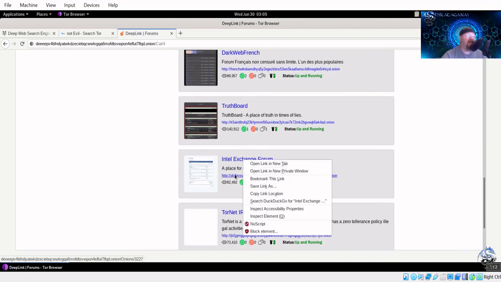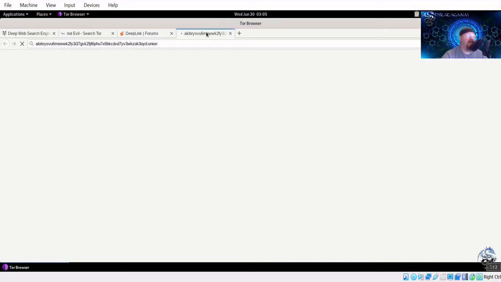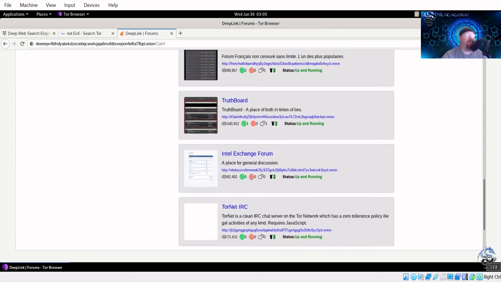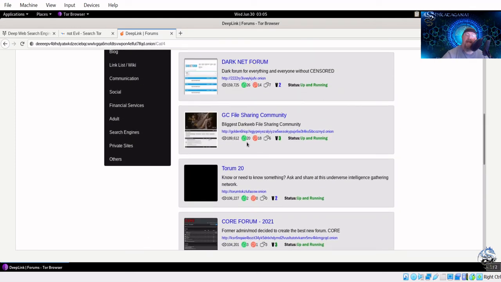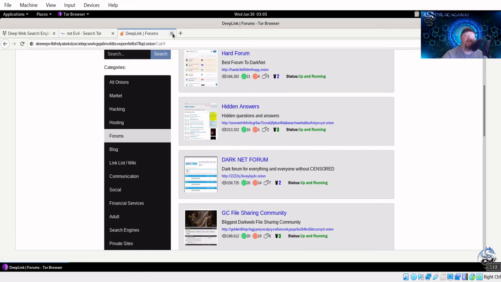Now, this site is actually never up. I wish it was, because this is actually a great site, Intel Exchange. It has never come up for me, ever. I wish I could find it again. I used to be able to get to that one. But anyways, yep, server not found. No good. Anyways, that is how you would navigate around using onion addresses or whatever.